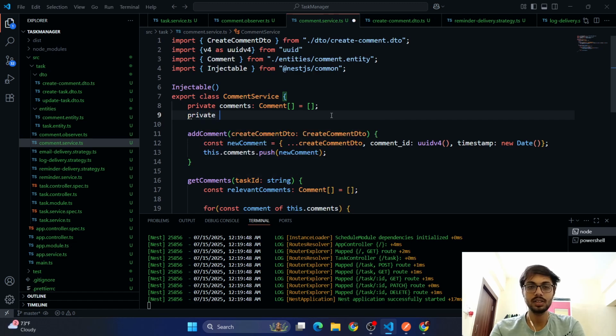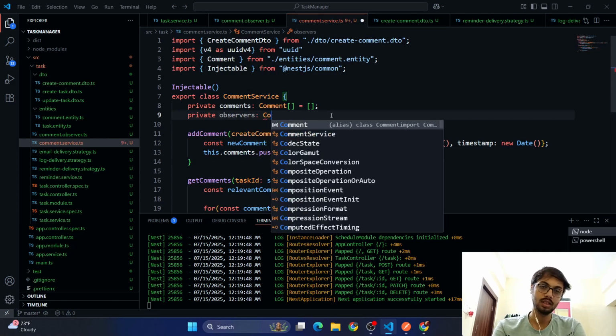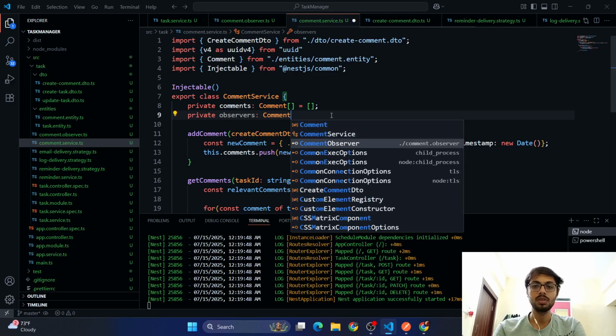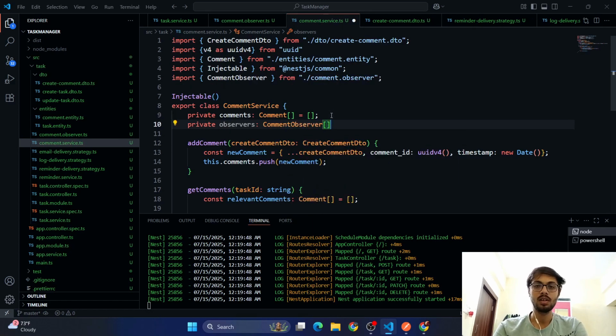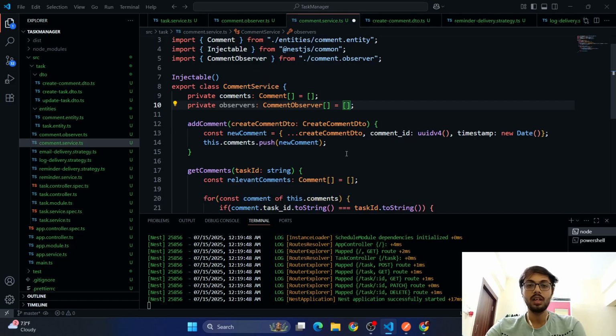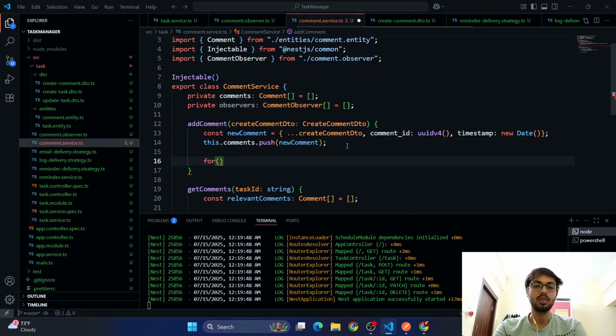In our class we have observers, all of type comment observers. We can add the observers here. And then whenever we add a comment,